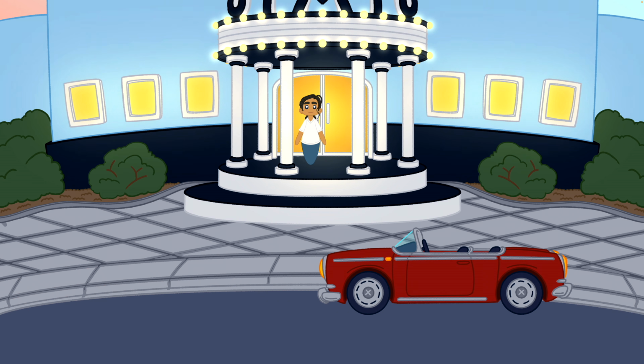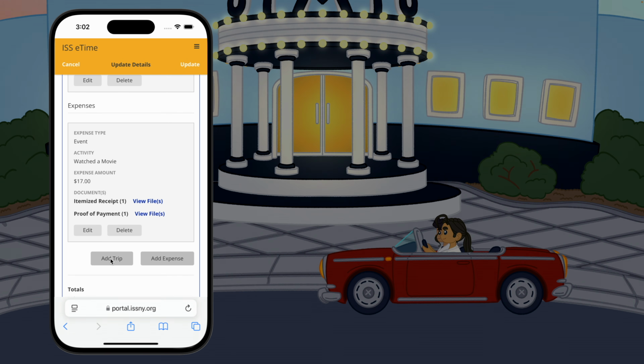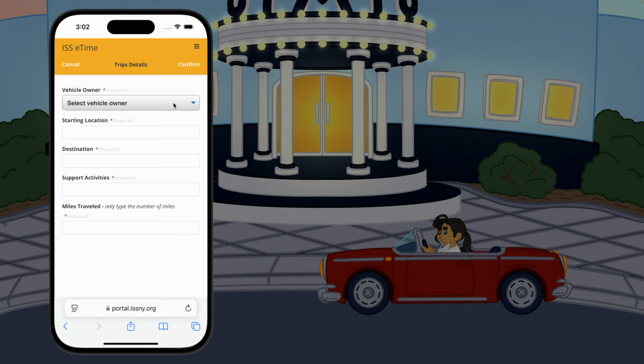Having enjoyed a fabulous movie, Carlos and Owen are ready to head home for the day. Before they leave, Carlos adds the second trip to his shift. Once again, Carlos taps into his active shift and uses the Add Trip button. Just like last time, Carlos confirms he is using his vehicle, fills out the starting location